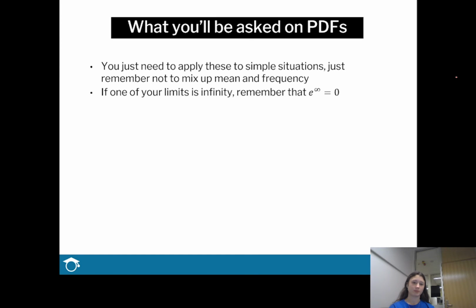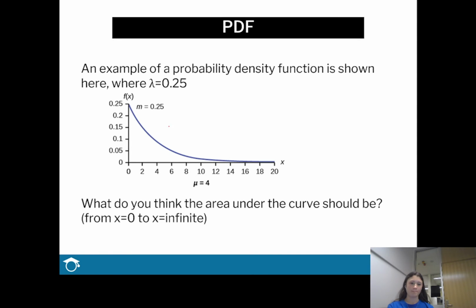You just need to apply it to simple situations. Just make sure you're not messing up mean and frequency. That's a common mistake. And remember that if one of your limits is infinity, e to the infinity equals 0, or can be approximated as 0. So, in the example that we had before, maybe your limit is going to be